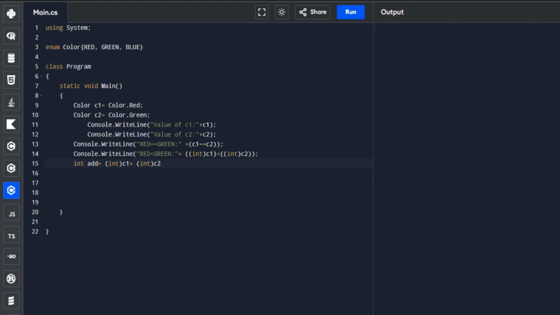Okay, we first convert the enum values into integers, and then we put the result in the add variable. Then we are going to display.